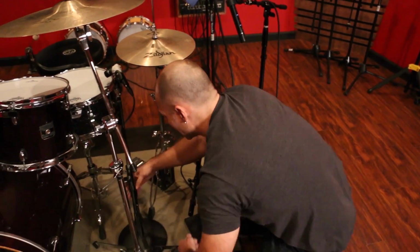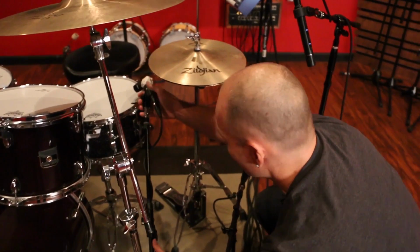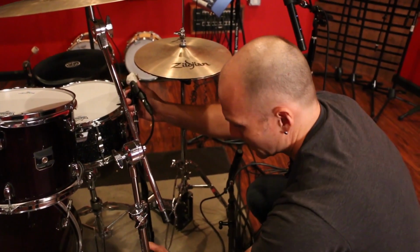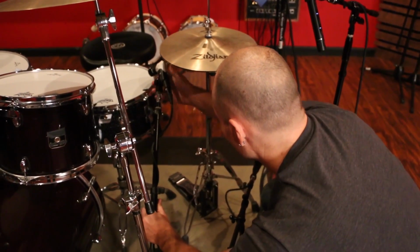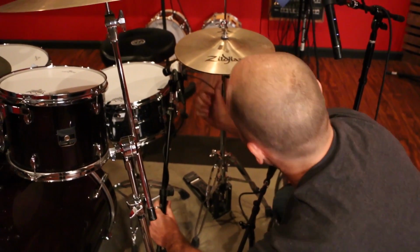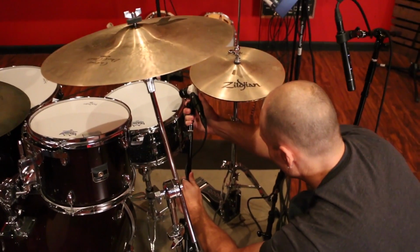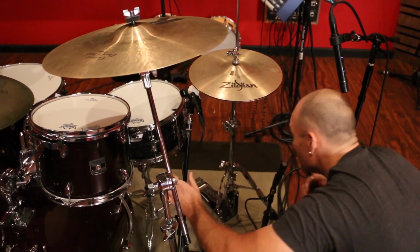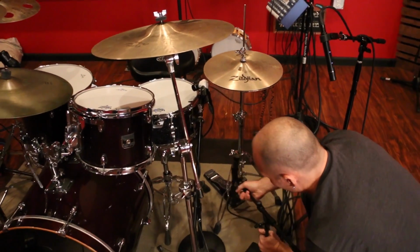So we like to get the front of the mic pointed to the drum the way you want, but then also think about where the back of the mic is facing. And like I said, try and get the back of the mic pointed towards your hi-hat, and you can reject a little bit better that way. And then with your bottom mic,